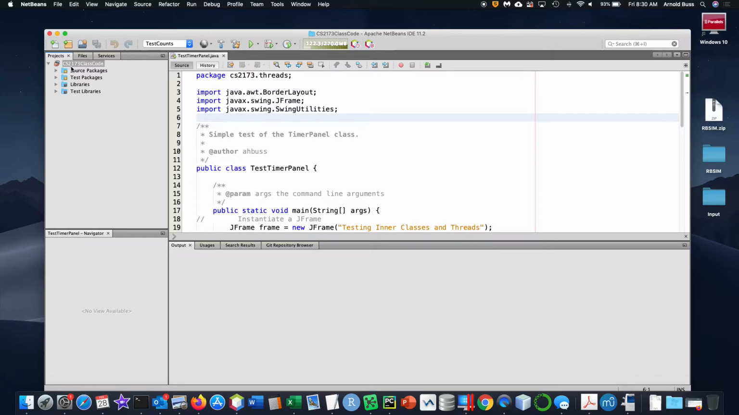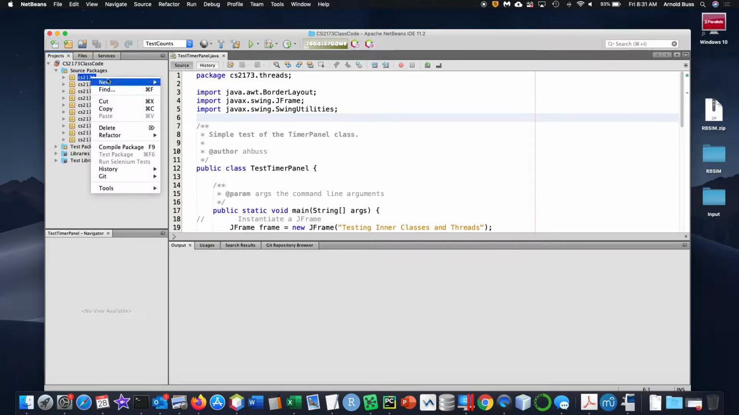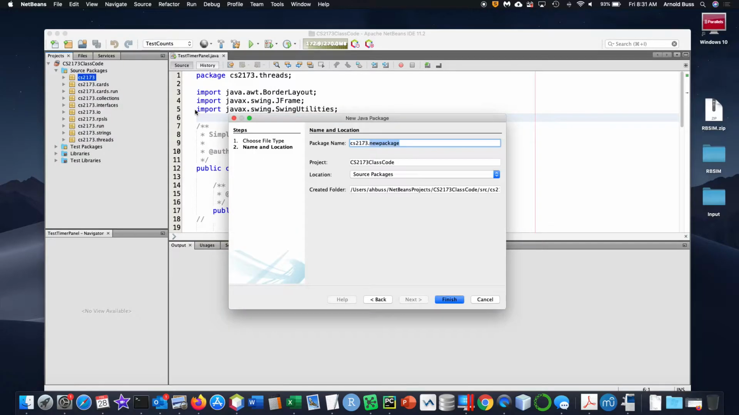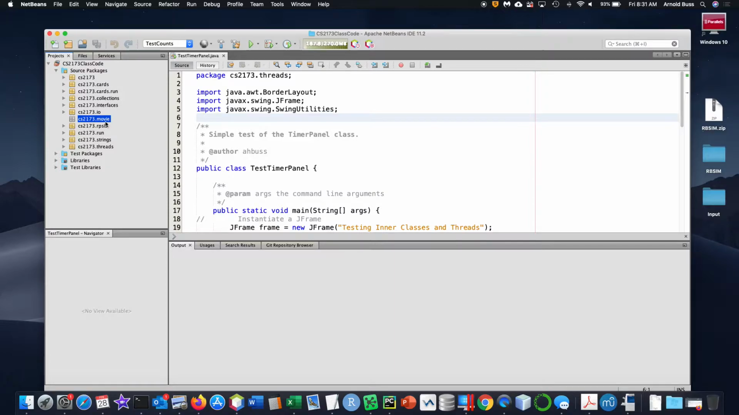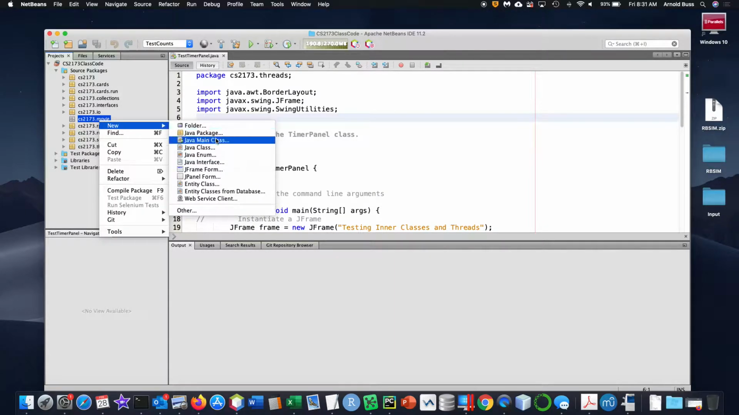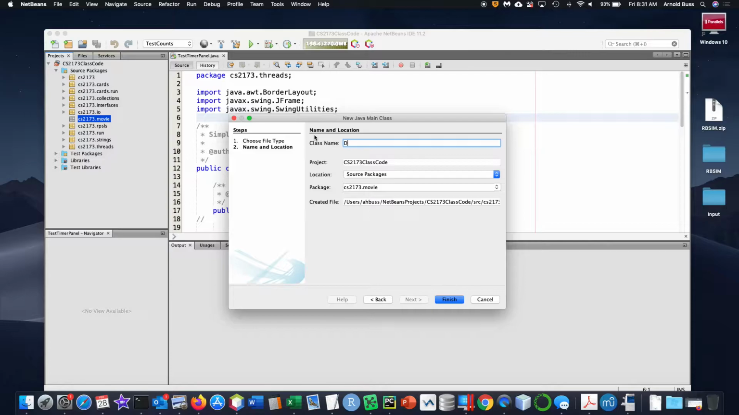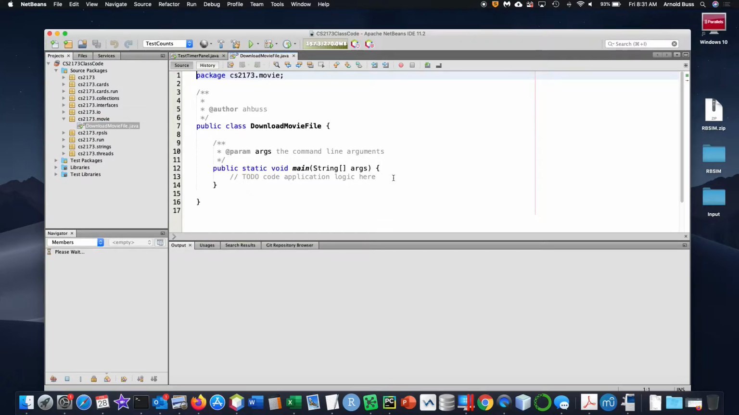So what I do want to show you is just how, I'll put this in a package called movie. All I'm going to do here is just do the piece where we have to download what we have here. Okay, so for the first thing is